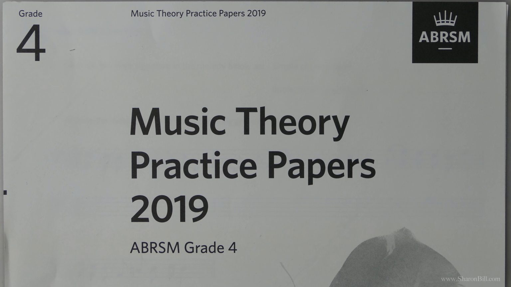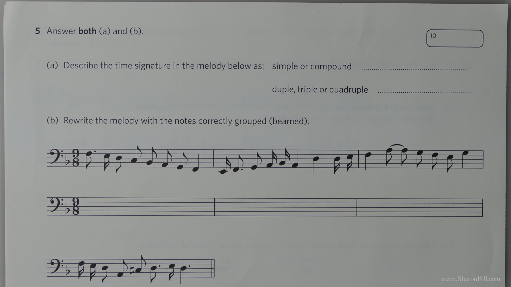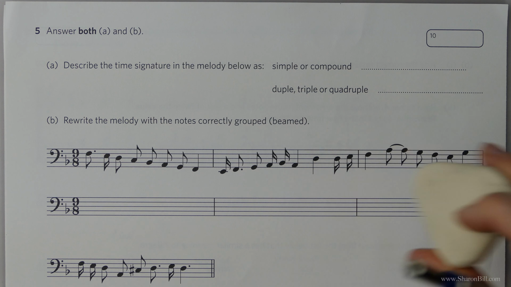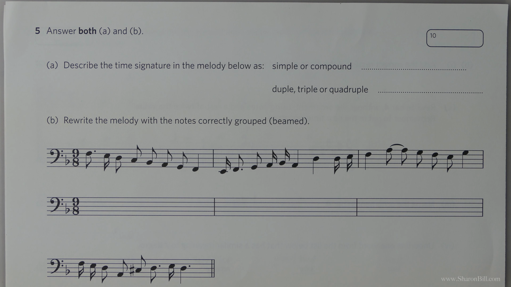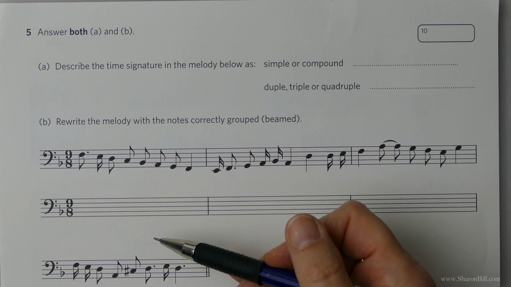And now we're going to press on with question 5 to begin with of the grade 4 2019 practice papers. That's paper S. So if you turn with me to page 26, we can make a start on this together. Do have a go of this on your own first of all, though. It's always better to learn by your mistakes. Always work in pencil. Then it doesn't matter if you go wrong, you can just erase it and have another go. And so we're going to be just looking at this melody here, but first of all we need to